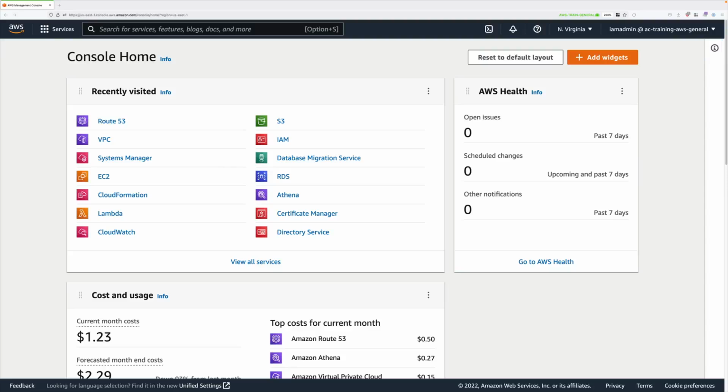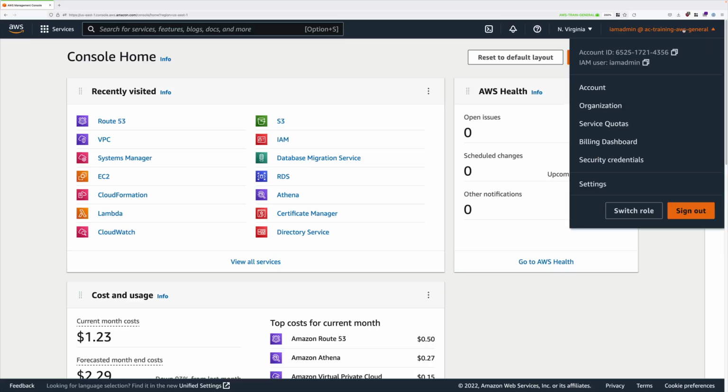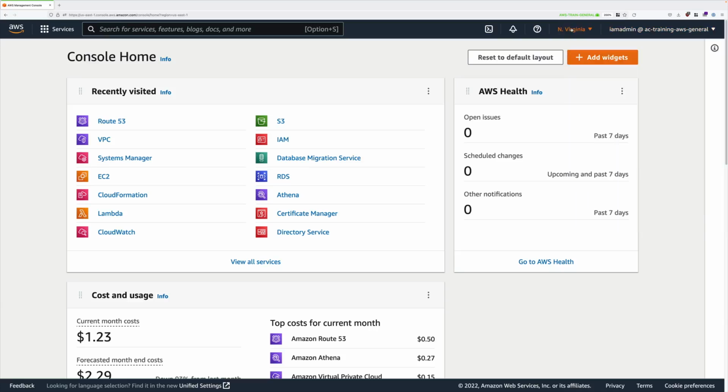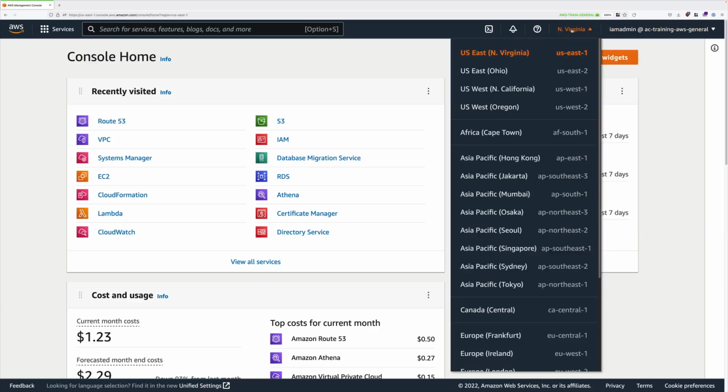Welcome back, and in this demo lesson you're going to get some experience using the S3 static website hosting feature which I talked about in the previous lesson. Now to get started, just make sure that you're logged in to the management account of the organization and that you're using the IAM admin user. This just makes sure that you have admin permissions over the general or management account of the organization. Also make sure that you have the Northern Virginia region selected, which is